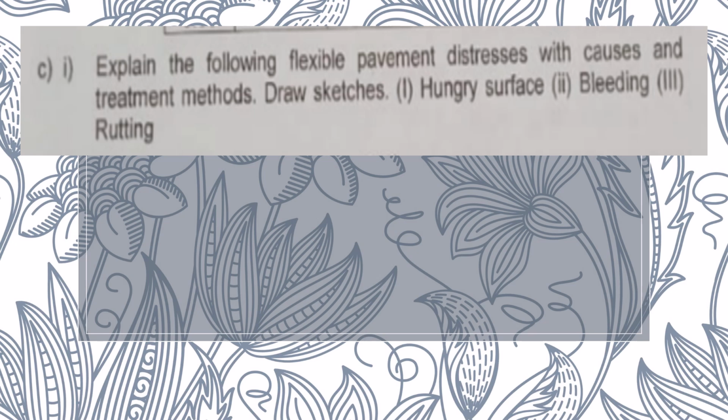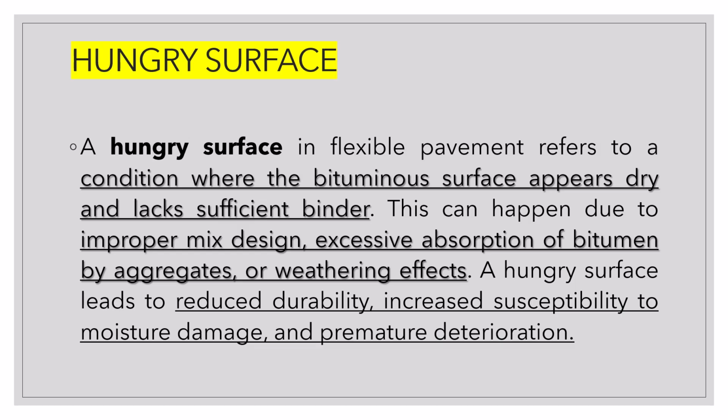Explain the following flexible pavement distress with causes and treatment methods. Draw sketches: hungry surface, bleeding, rutting. Hungry surface is a failure or damage that can be seen in the flexible pavement, that is on the